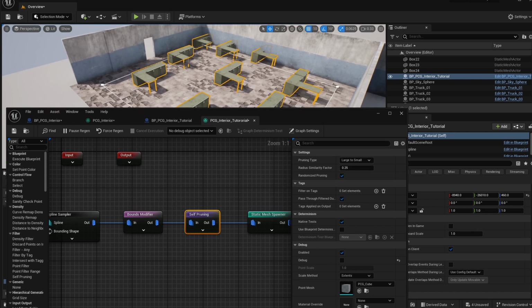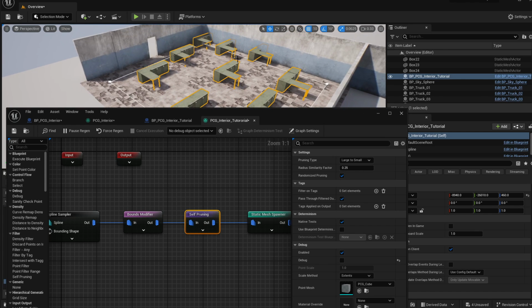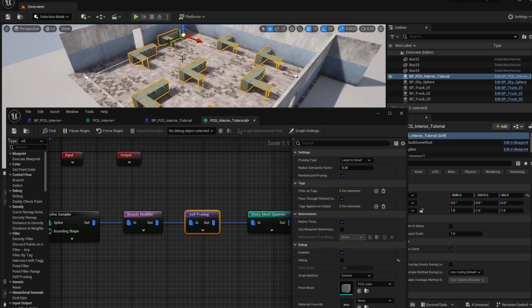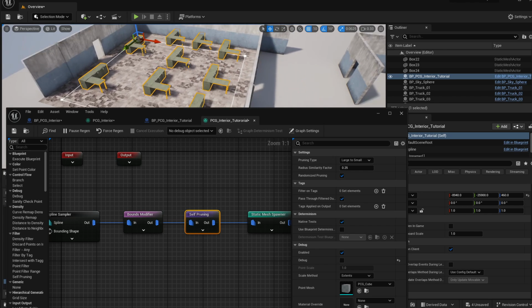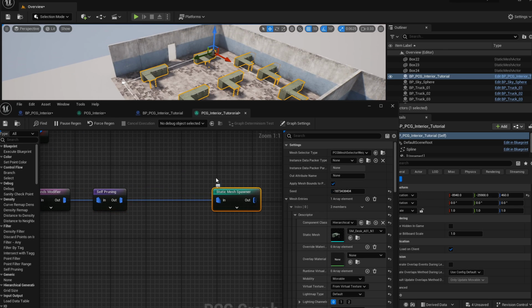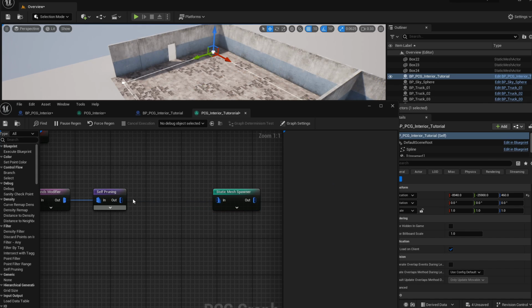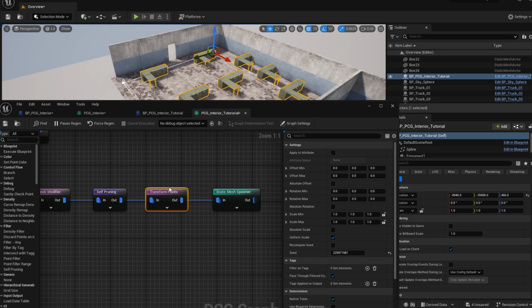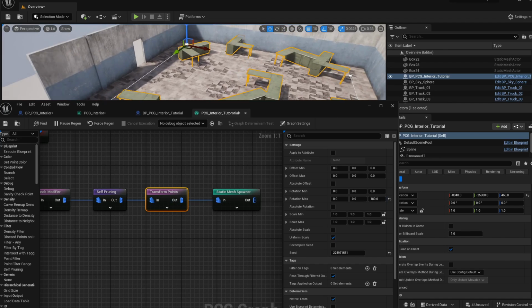So what can we do to randomize a little bit the placement of these desks? Let's move a little bit away from the wall here because some of our desks are getting into the wall. Okay. So now we can add some randomization before the spawning of the desks. Let's disconnect this here, and before the spawning, let's do a transform points. Let's connect it, and let's say we'll add random rotation from 0 to 180 degrees. This will randomize the placement of the desks,